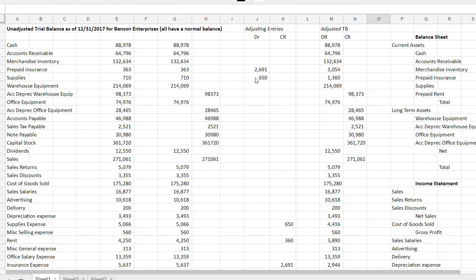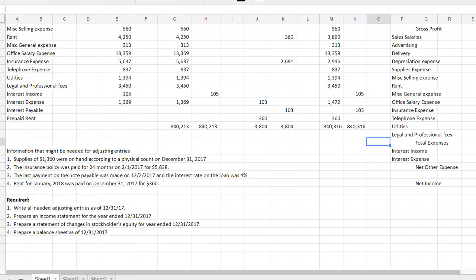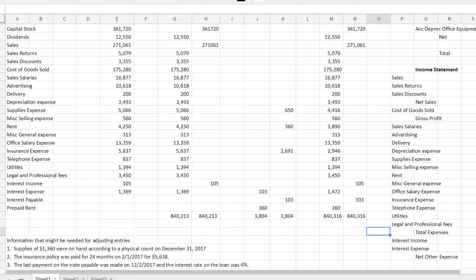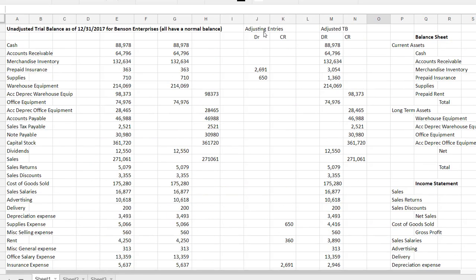So we want our asset to go up from 710, which is what we have listed, to 1360, which is what we physically counted. And so we need a debit here, and I've done my adjusting entries in two columns in this worksheet. 650 debit to supplies and credit supplies expense. So we used less than we had been recording through the year. And so that's going to reduce our expense. So that's our first adjusting entry